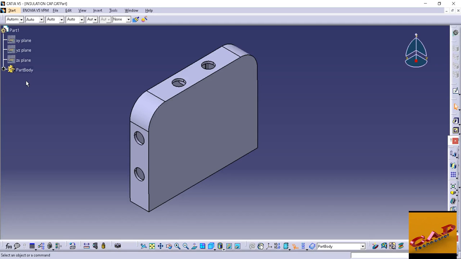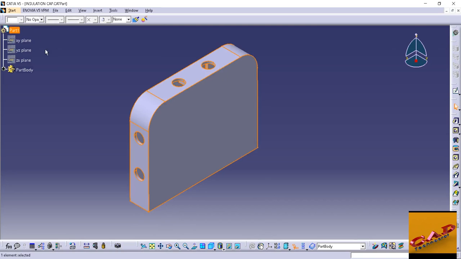Okay, so first of all we should learn about these planes and about the coordinate systems, directional system, all these things. Okay, so first of all this is the design tree. Okay, Part1 is the name of this job.